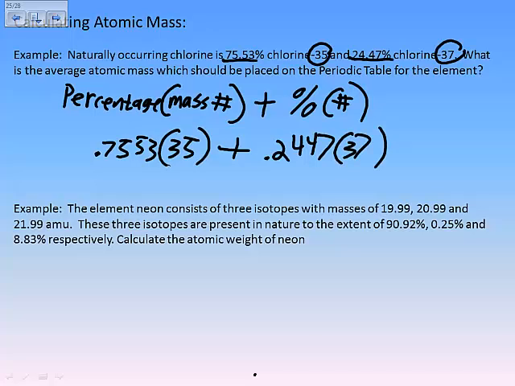Okay, now that you have your numbers, just go ahead. You can do it all in one problem if you know how to do the order of operations in your calculator. If you don't, just do it step by step. 0.7553 times 35 equals 26.4355. Then do 0.2447 times 37. That gives you 9.0539. So you just add those together, and you get